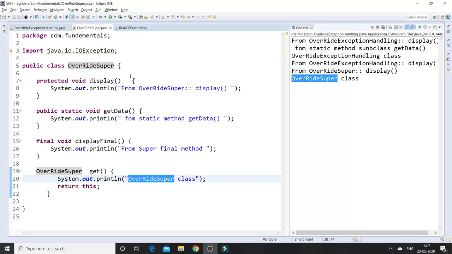Suppose let us assume you have created the interface.